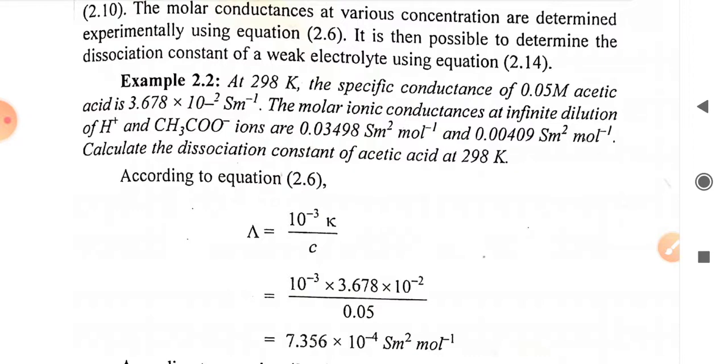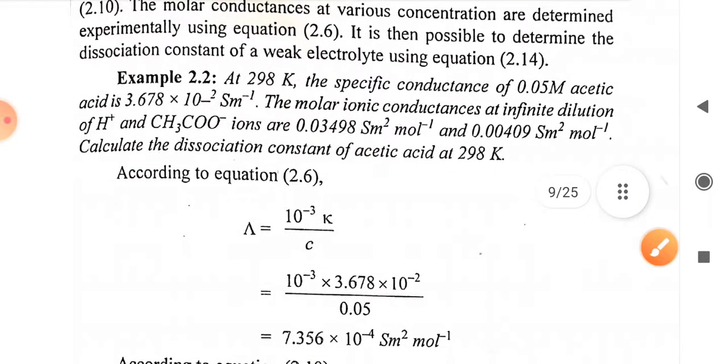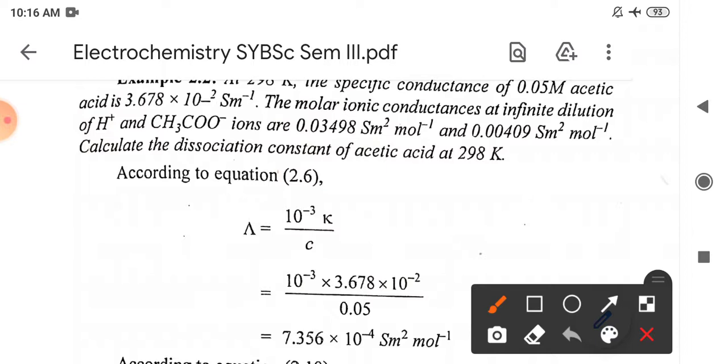Consider a specific example related to the equilibrium constant. At 298 Kelvin, for acetic acid, a weak electrolyte, the concentration is given as 0.05 molar and the specific conductance is 3.678 into 10 raised to minus 2 Siemens per meter. The molar ionic conductances at infinite dilution for H plus and acetate ions are given directly, so we need not calculate them from NaCl, HCl and so on. They have given the values directly for H plus and